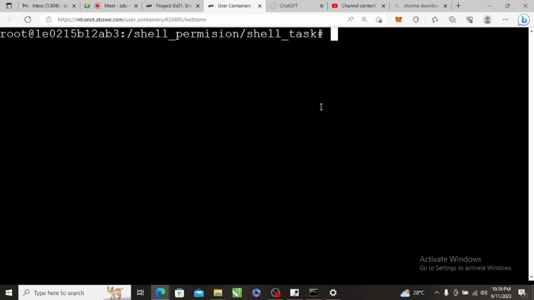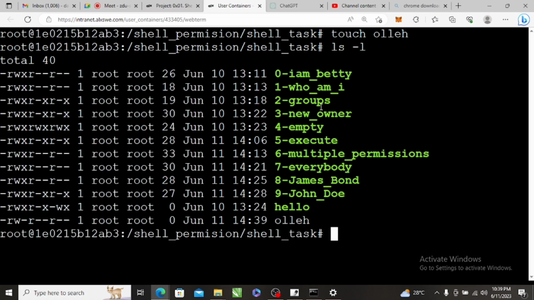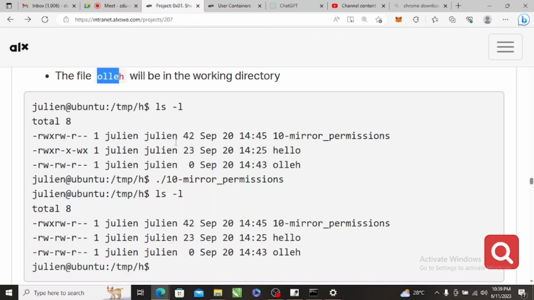Let me tell the screen, okay, and then say touch only, right? Let me list the files. So look at the only file. It is different from hello, right? So we only have read write and RWR, right? Let's see what does this one have. RWR. Okay, RWR. So let's give only extra W